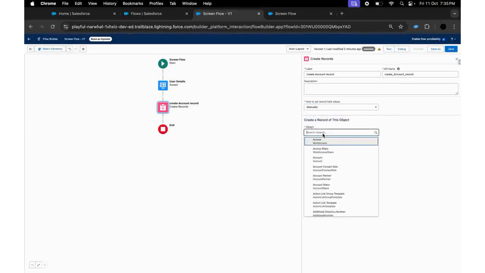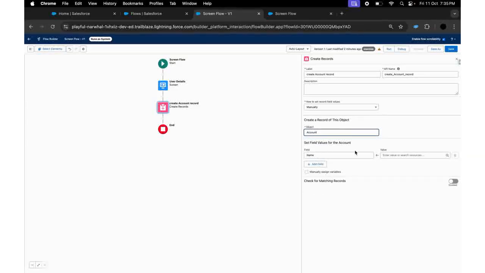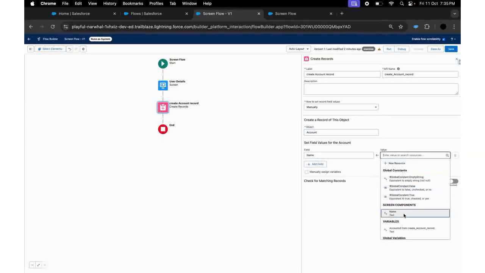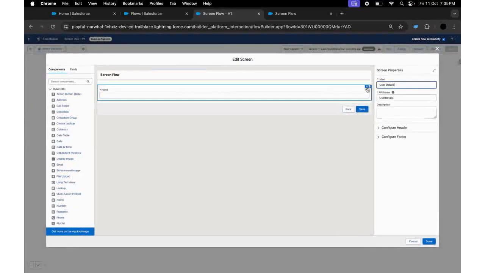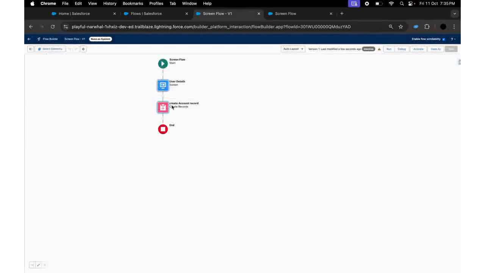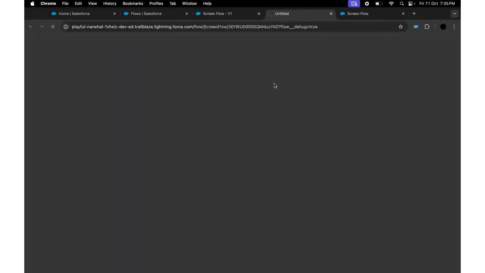Manually we can search for account, and we can say name. What will be the name of that? We will use a screen element, that is name. Okay, now if I save, now this flow is saved. Now if you see, we will input a name into this, and then a particular account will be created. Okay, so now if I debug it,